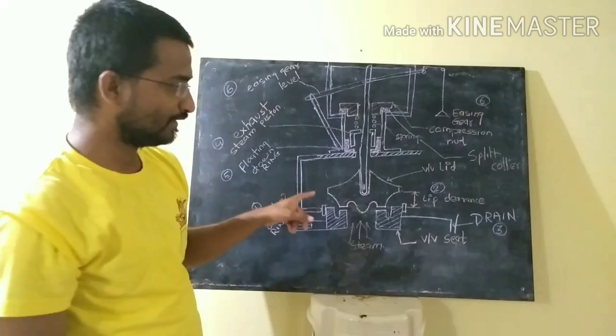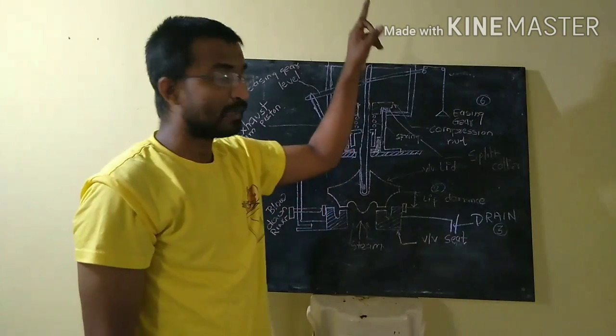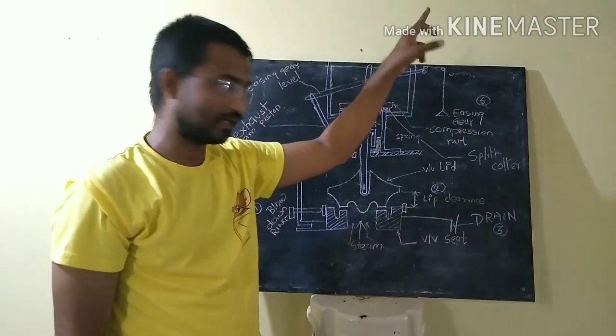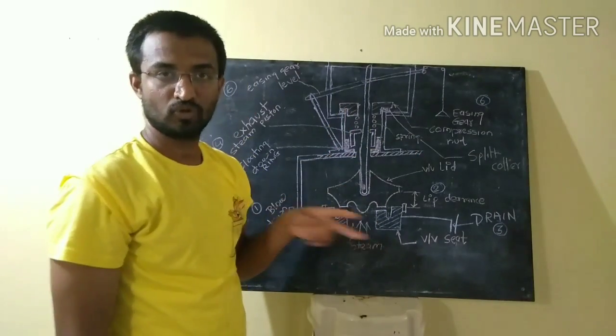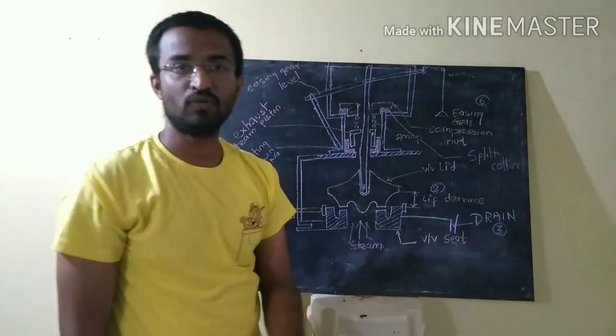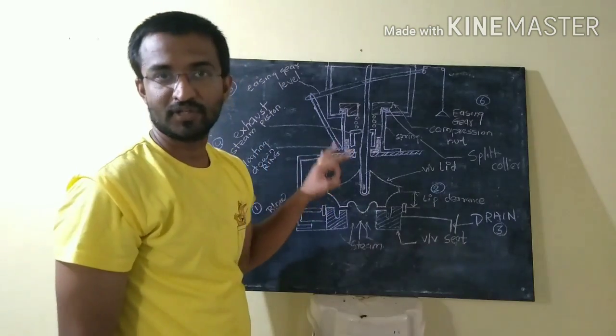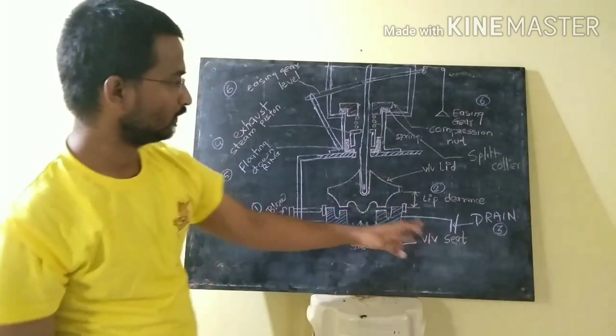To avoid this, and the second reason why water is coming, maybe from the rainy season, from your funnel the water may be coming. Because of these two reasons, the drain is there. The drain will allow the water to go and drain out, so the opening pressure will not vary. The drain.